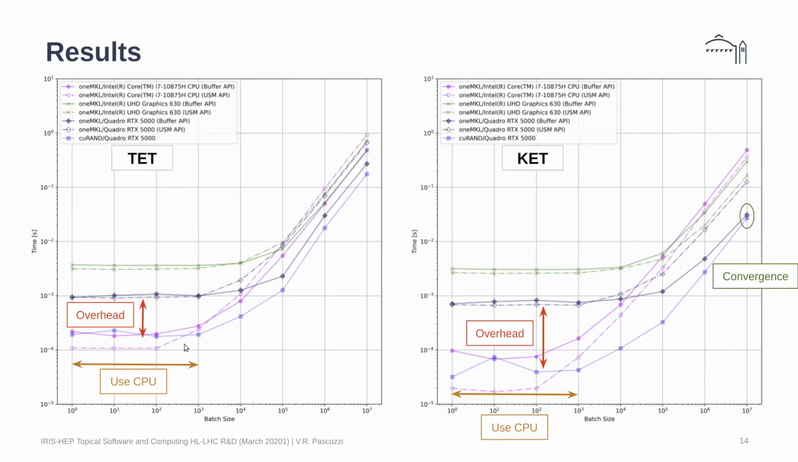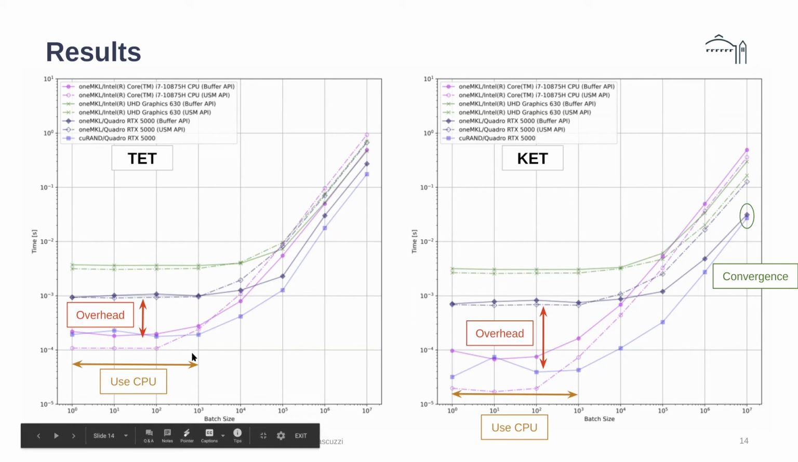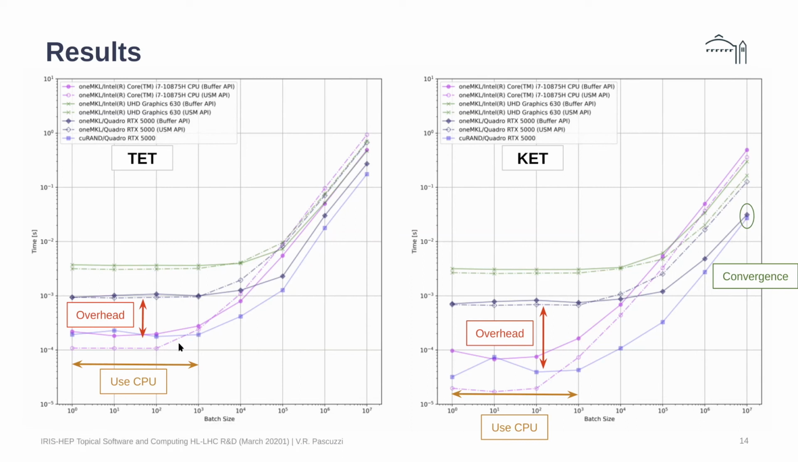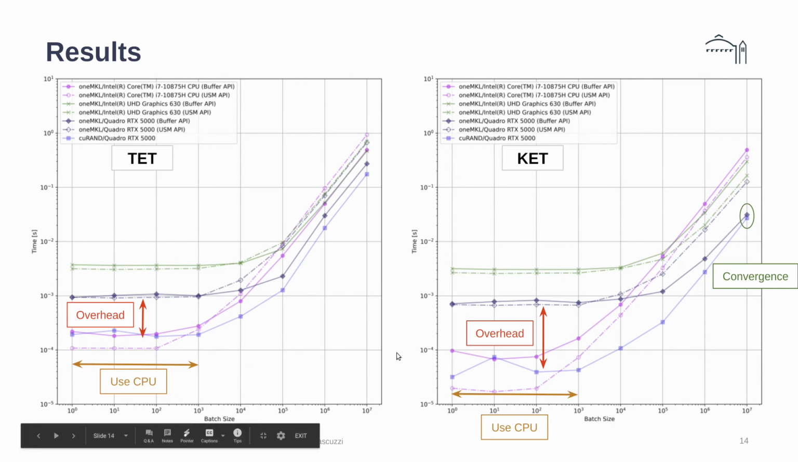And one thing to notice first is that you don't always need to offload calculations to a GPU, as we show here. I think it is obvious to everybody, but this is a nice illustration of that. For small batch sizes, so a small number of random numbers generated, your CPU outperforms, and